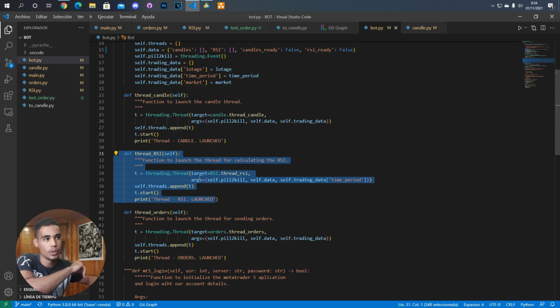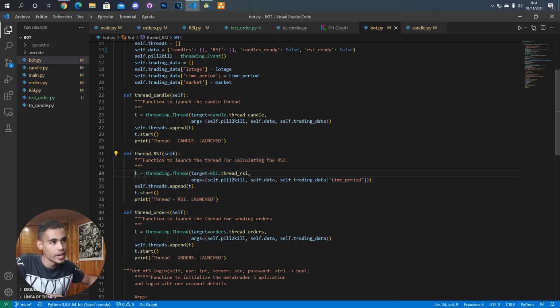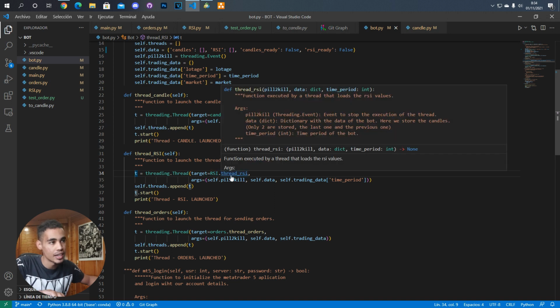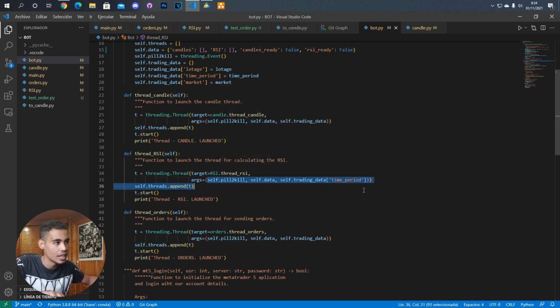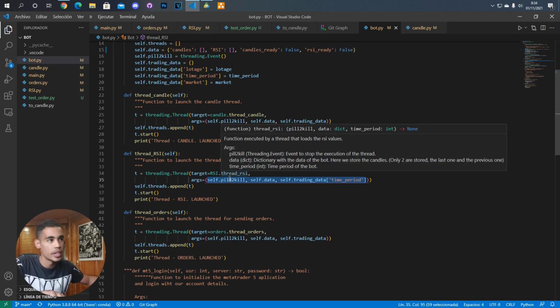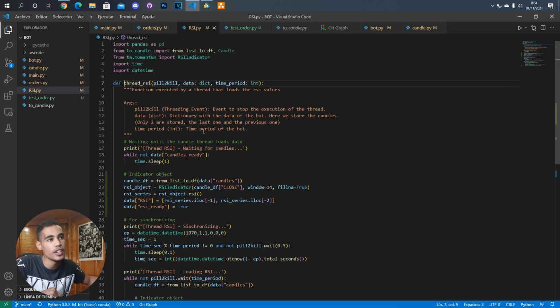And this one is very simple. So again, we store the thread, we call from the RSI file the function thread RSI, and we send all these arguments that are the ones that we are going to need. So let's go to this function, and in this file, we just have one function, which is the one of the thread. So the first thing that we do is to wait until the